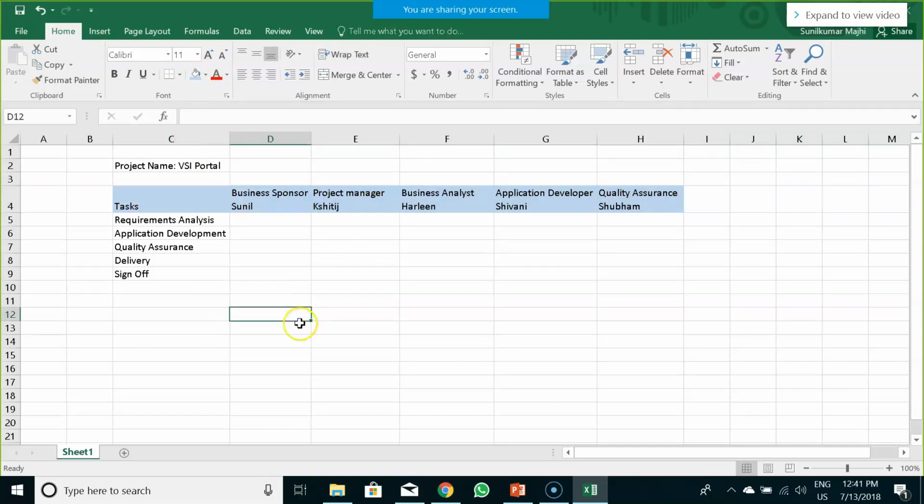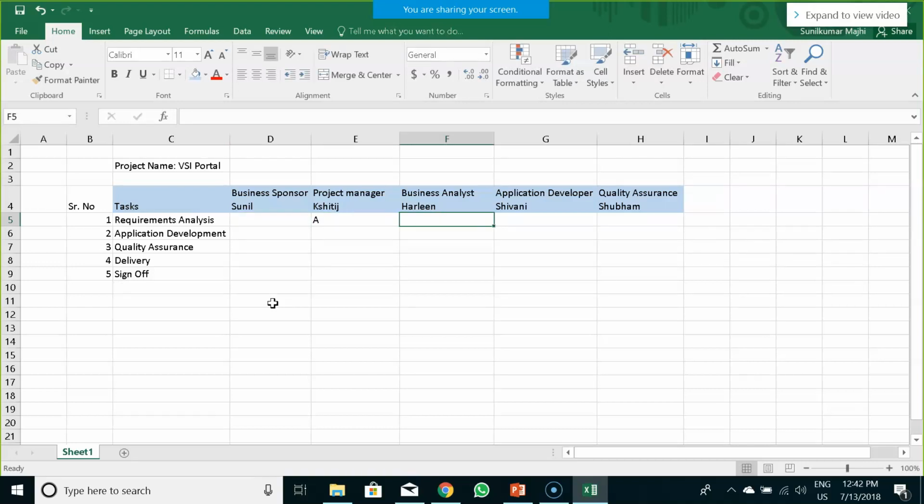And we have a list of tasks over here. So these are the 4 tasks where we need to identify who would be responsible, who would be accountable, who would be consulted, and who would be informed. So let's say requirement analysis. Now, can anyone tell me who should be accountable for it? Requirement analysis. Project manager.